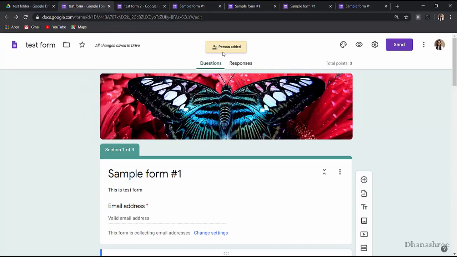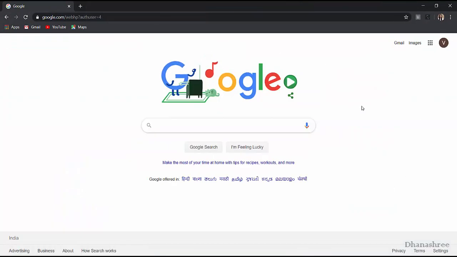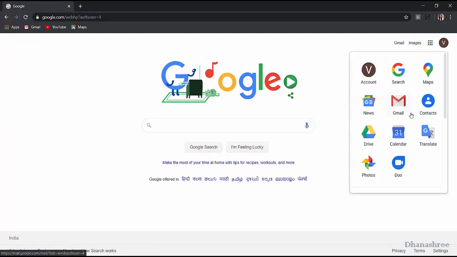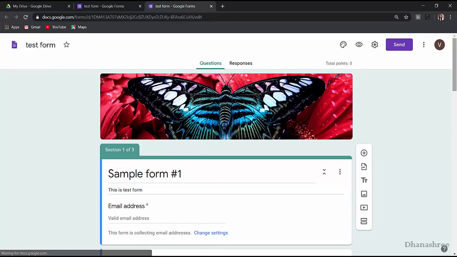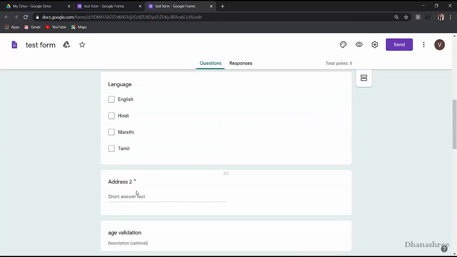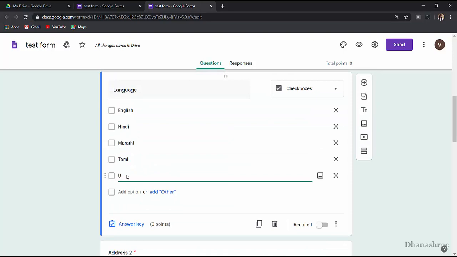So you can see the person is added. Now if I go to that particular email ID and in Drive, the same form is available with the other user, and even that user is allowed to make changes.